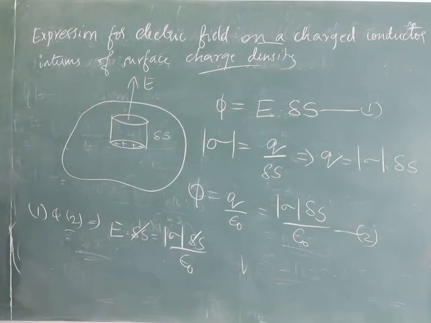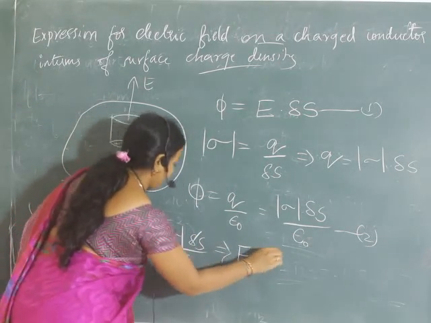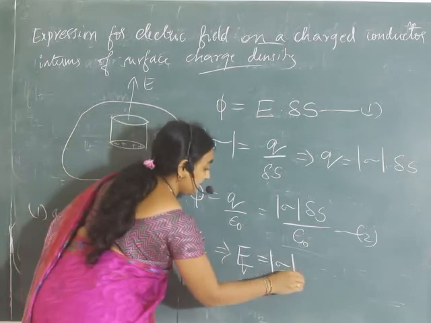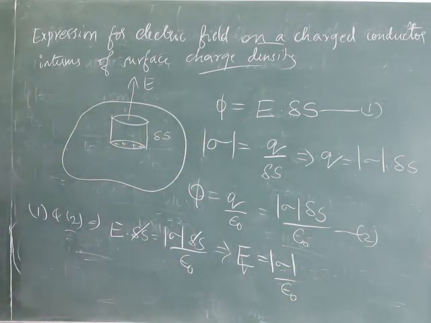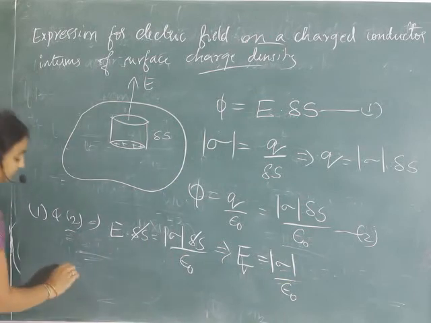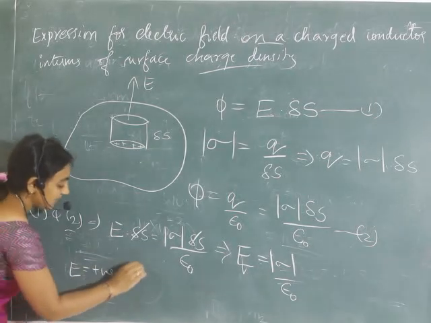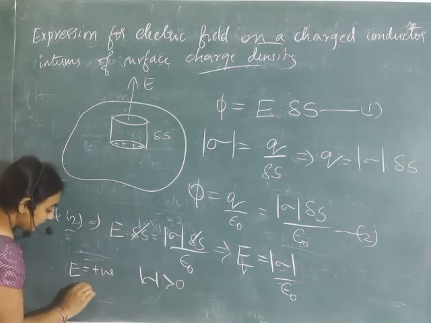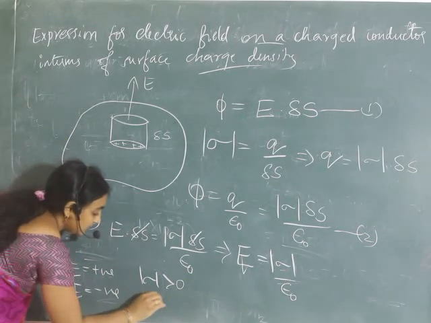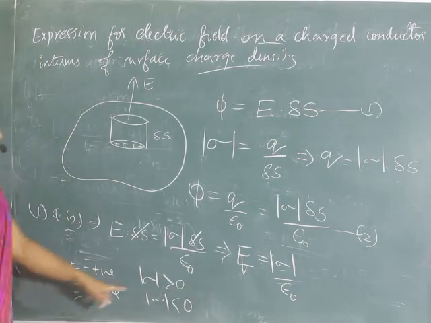Delta S gets cancelled. So E is equal to sigma by epsilon naught. If E is positive, then sigma is greater than 0. If E is negative, then sigma should be less than 0. So if sigma is greater than